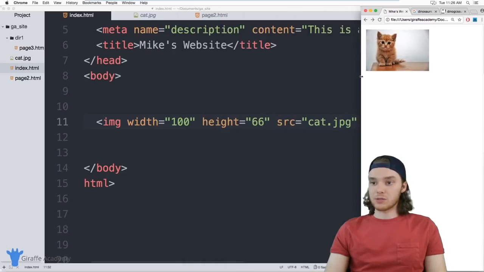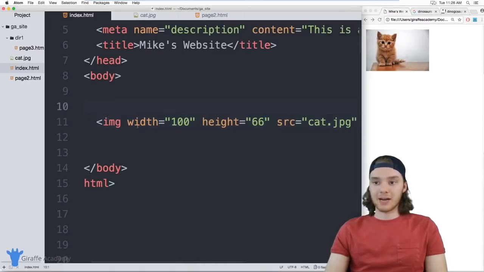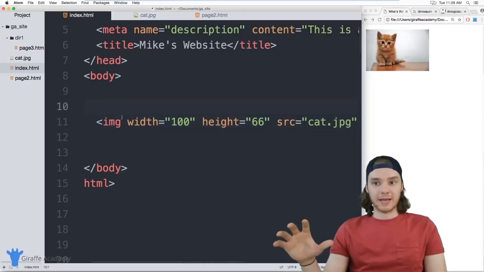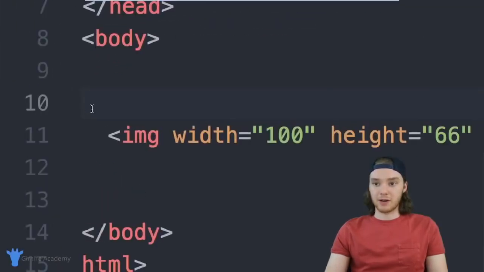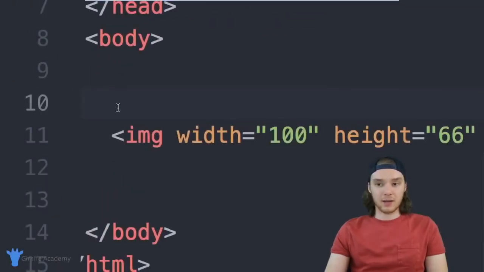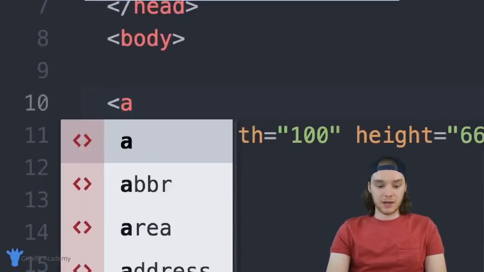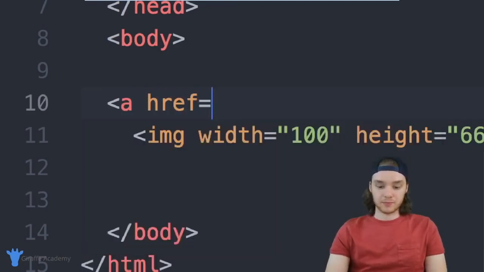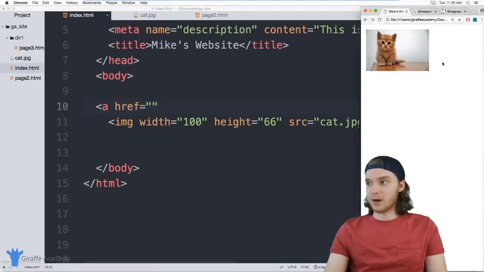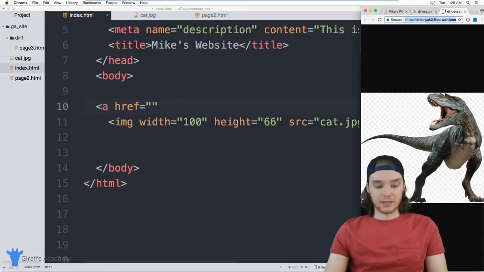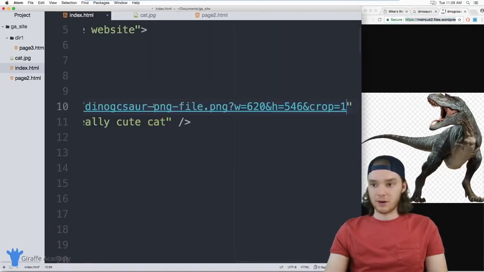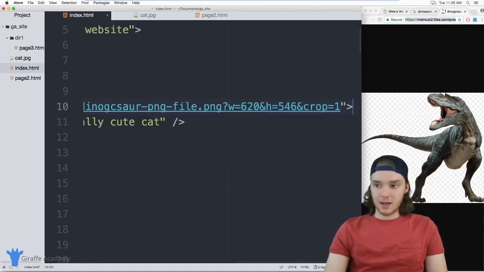And you can also use other things with images. So I could combine this image with a link, for example. So I could come over here and we could create a link tag, and we can just say a, and we'll give this an href. And inside here, I could put whatever link that I wanted to. So for example, I could link this to this dinosaur picture, right? I could put the URL for the dinosaur in there, and